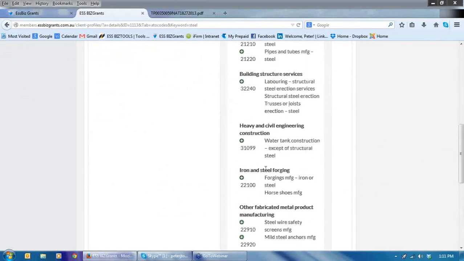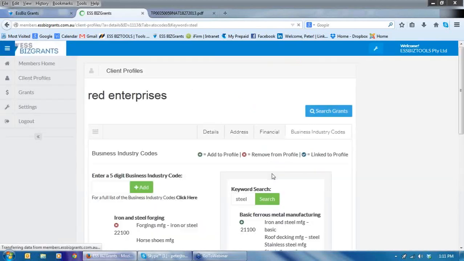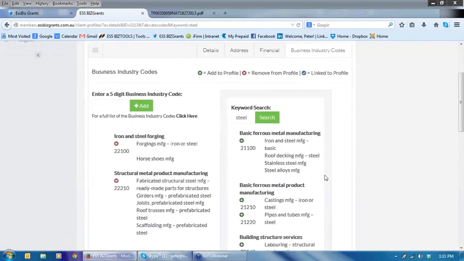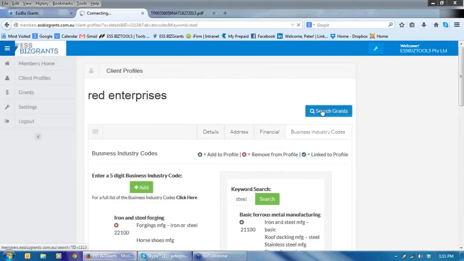So we might pick iron and steel forging as well. And it is now listed over here. If we want to remove them, we just click the red background on the cross and it will be removed from the potential sites. If we now go to search grants,